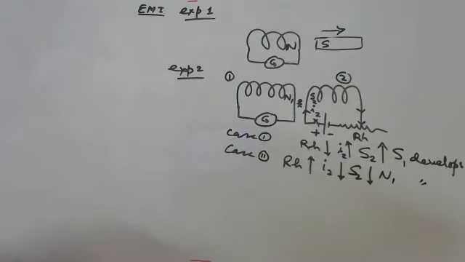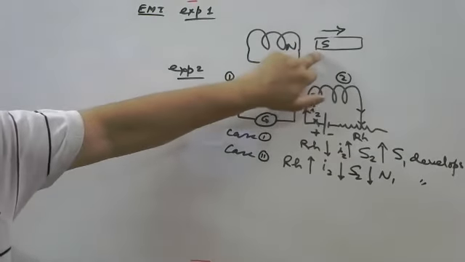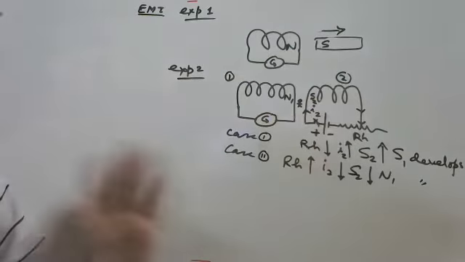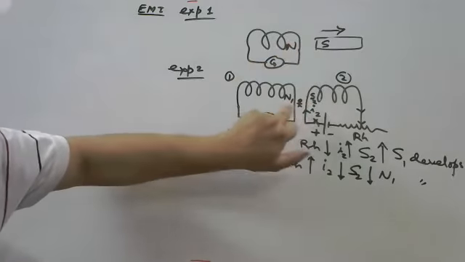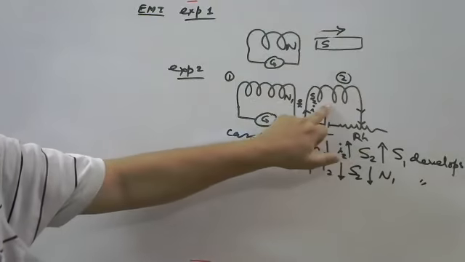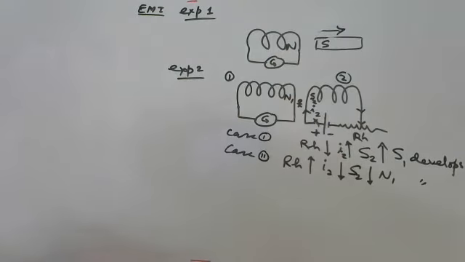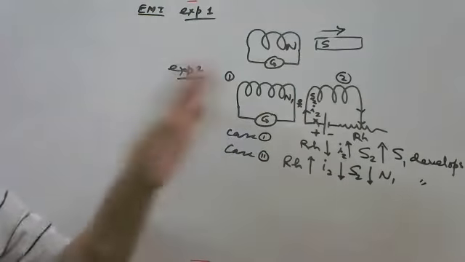Okay, should I repeat this? Suppose the south pole is coming closer, south pole becoming stronger. Both are similar cases. In that case, just the opposite, south pole develops. Suppose south pole is moving away and becoming weaker. In that case, north pole develops. So the concept is clear. It can be applied to this case also, any case also.